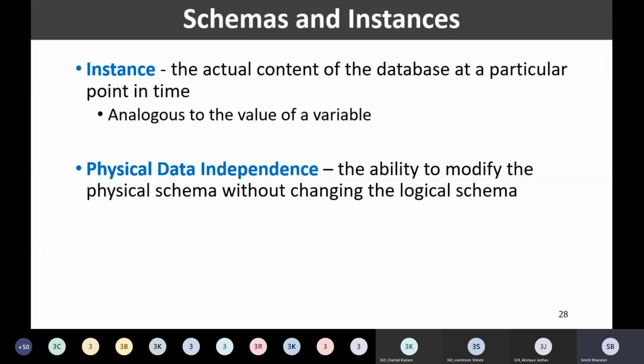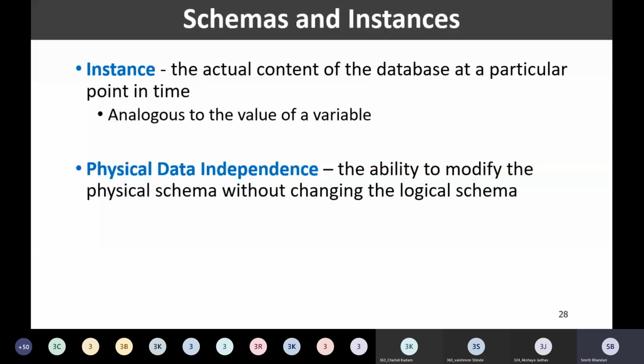What are the reasons why we need to change the physical schema? Many times, due to the degraded performance of our database, we may think of modifying our physical schema.